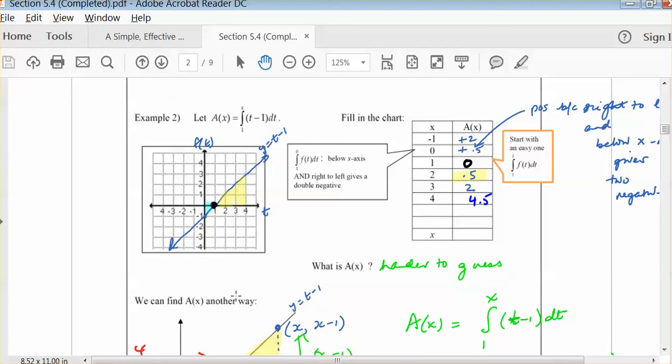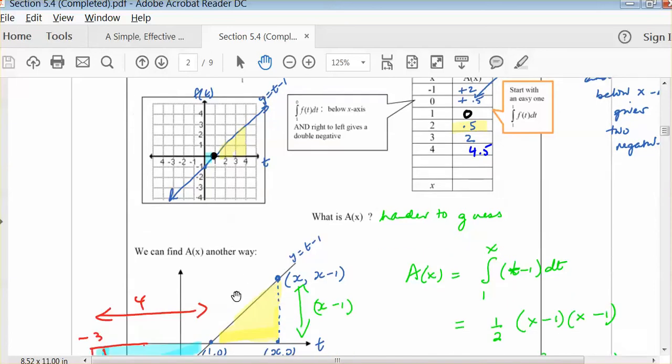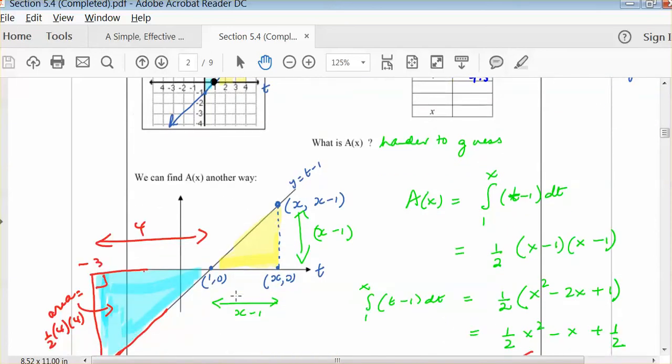And when we went through this example, we noticed that the area can be expressed as a function of x, and more specifically, it seemed as if the area function was quadratic. There was a low point at (1, 0), a sense of symmetry with x equals 0 and x equals 2, and x equals negative 1, x equals 3. And when we went a bit deeper, if we look at the yellow region, where we're starting at x equals 1 and going towards some arbitrary x coordinate off to the right,